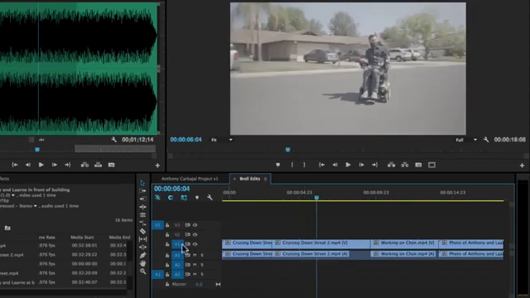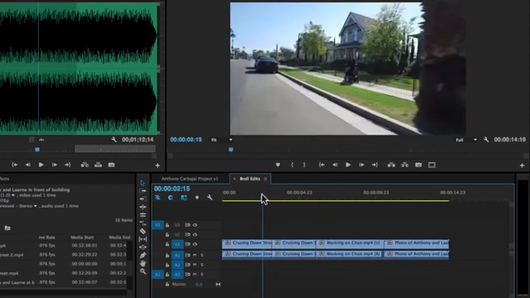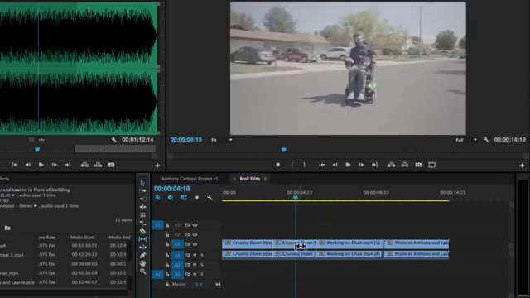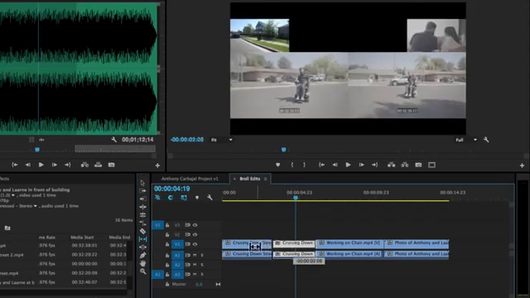There are two more tools that I want to go over really quickly, the slip tool and the slide tool. Let me just make this clip a lot shorter. I'm just going to make this clip very short right here, and delete that space in there. I can just take my slip tool, Y on my keyboard, click on this clip, and then drag to the